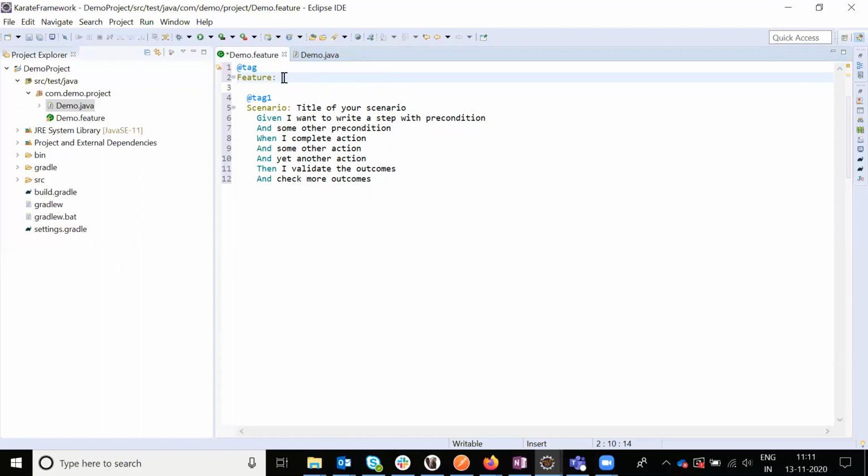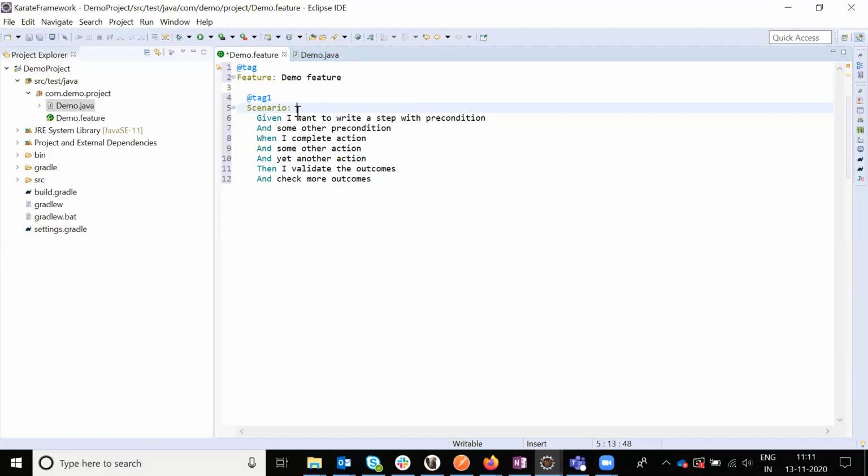We need to give a meaningful feature name, so now we are going to give the demo feature scenario. In this feature, what kind of scenario you are going to execute. Imagine you have a login application, that's called a login application feature file.